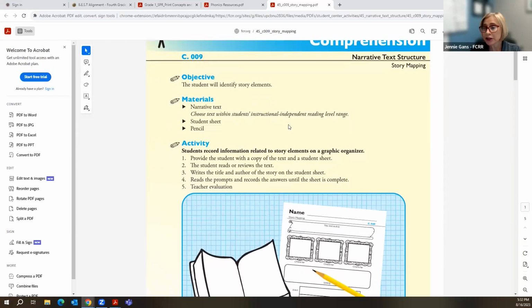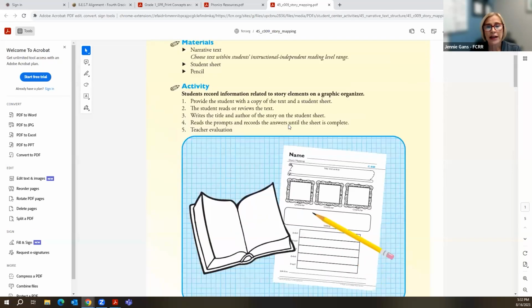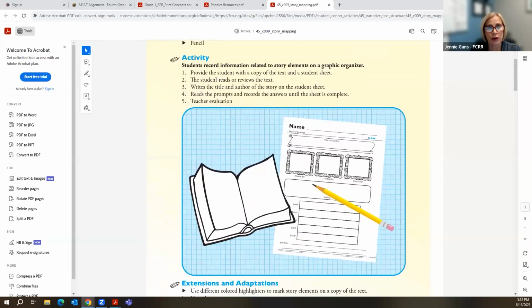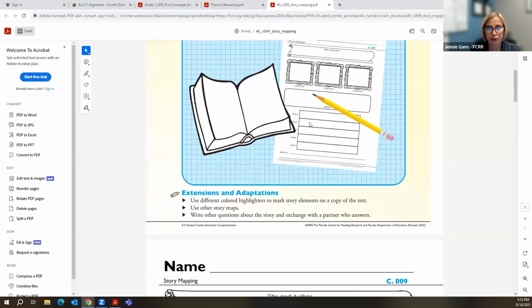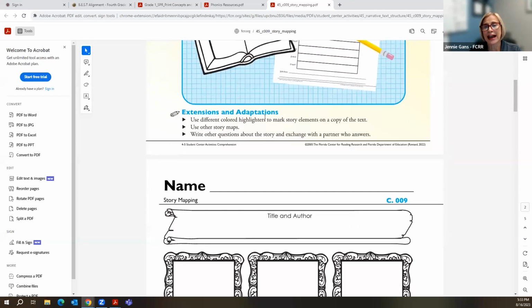We have the materials that you might need, and the instructions right here for the activity using a graphic organizer. And extensions and adaptations. This is that scaffolding up, or even possibly scaffolding down. You can certainly use your judgment in other ways to extend these activities.